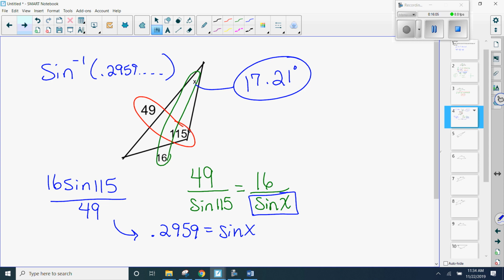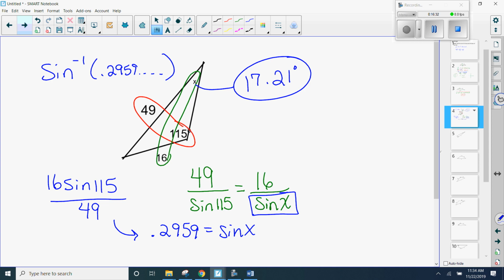You go shift sine, and then I want the answer key. Some of you, it might be just directly the ANS key. Some of you are going to have to go second function and hit that key, and it means the previous answer. Then hit enter, and you get back to that 17.21 degrees. The other thing you can remember, if you have one of these,